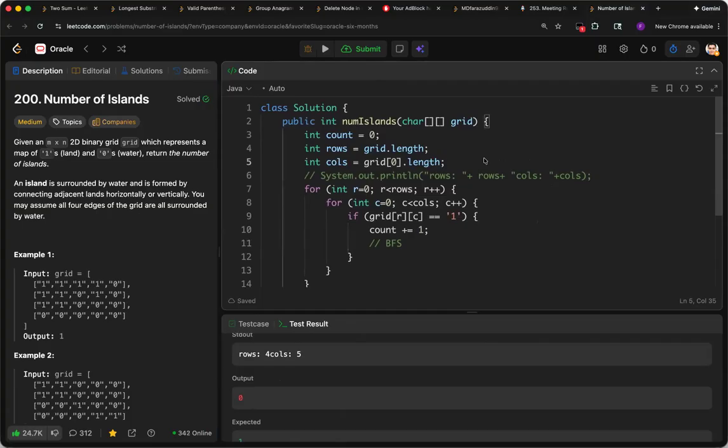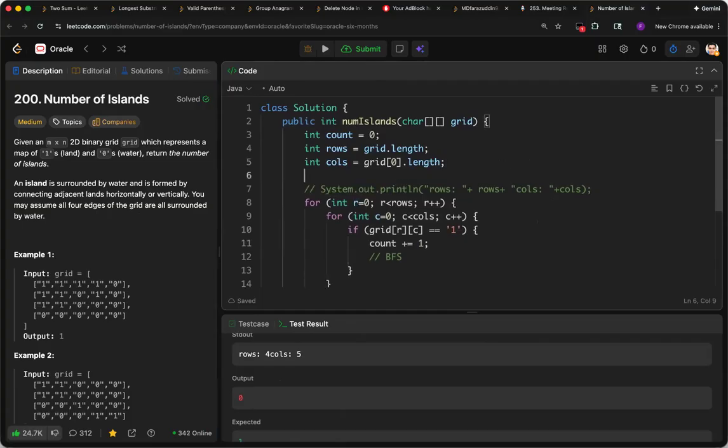As far as I recall, to implement a queue, you can just call queue, and this would be a queue of coordinates. So a list of integers x comma y. That's it. And let's call it q is equal to